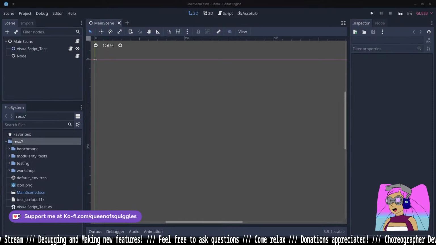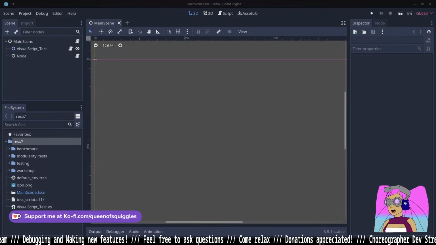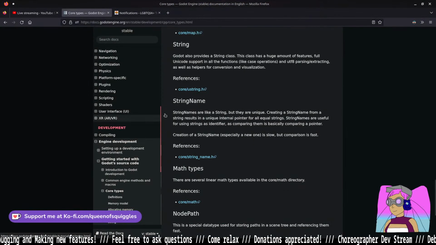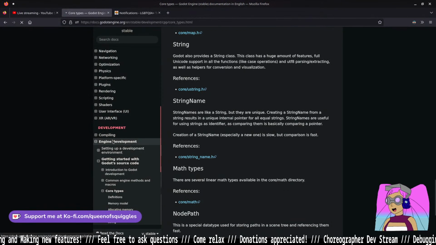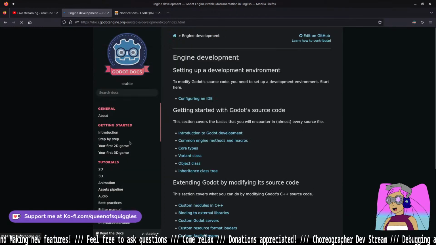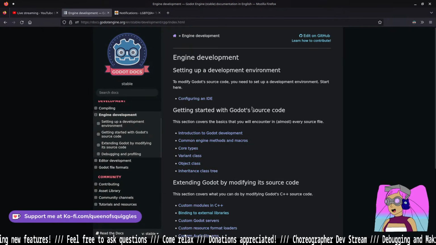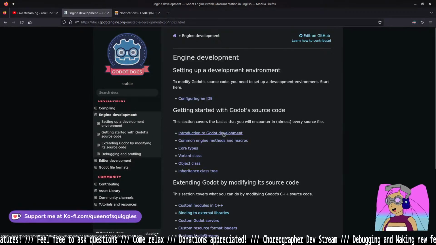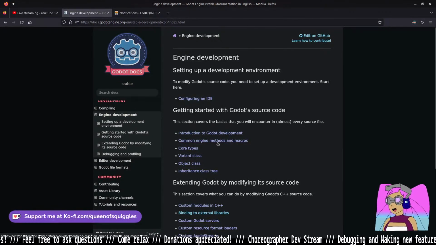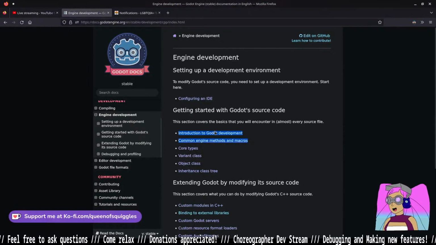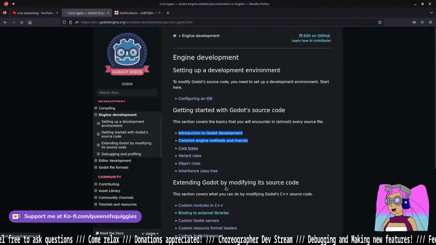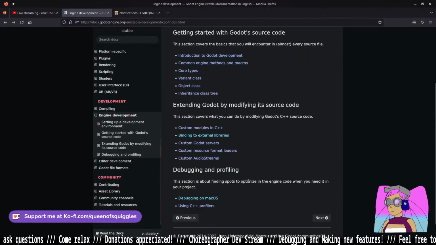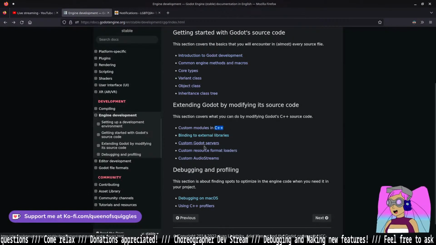I learned how to do Godot source mostly from the documentation. So in the official documentation, under development and engine development, this is basically the holy grail of everything you need to work with the Godot source code. Introduction to development and common engine methods and macros are the main things that I look at. Core types is where I found the StringName versus String discrepancy. And then there's all these different